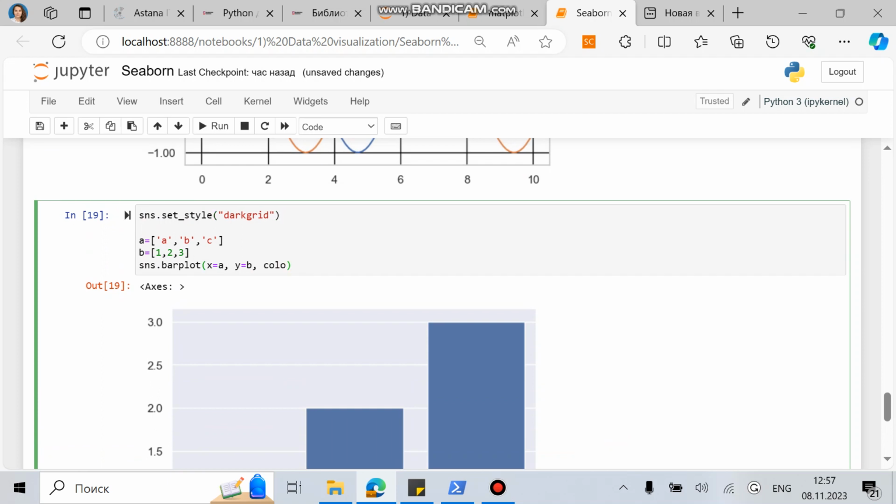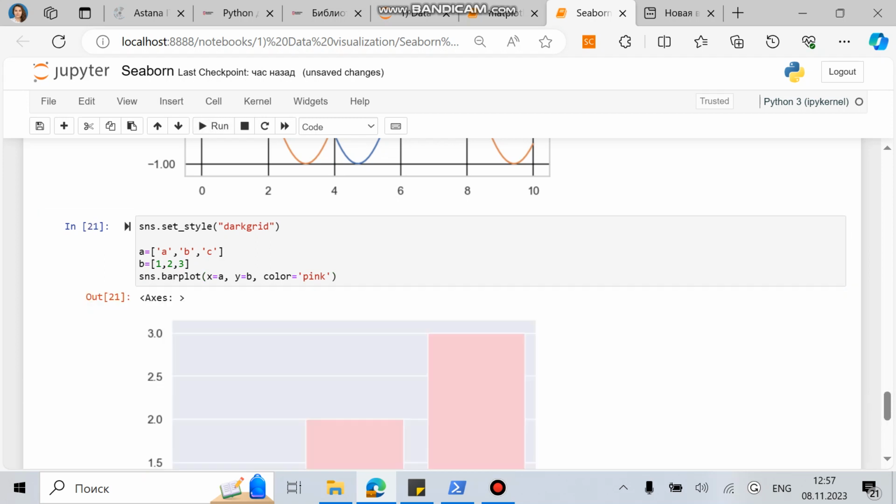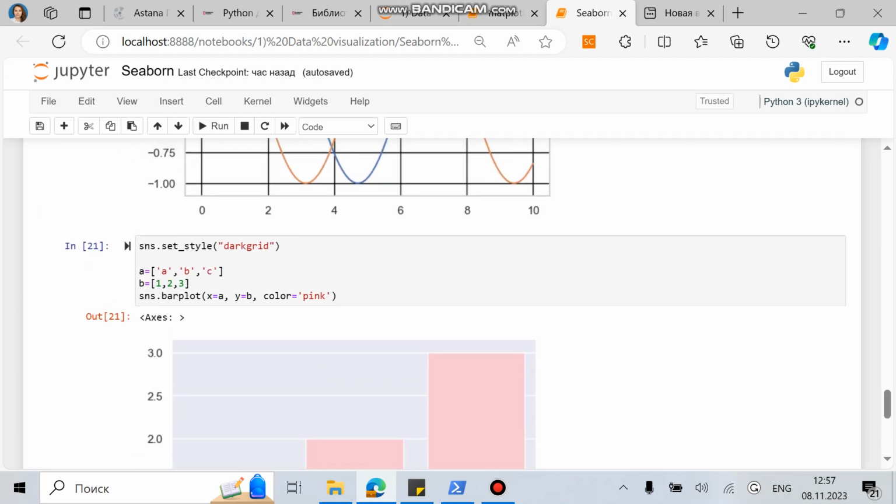You can write like color. Let's say if you like pink. Color pink. Suppose. Yes. Here also, if you would like to do not the vertical but the horizontal histogram, then just change the